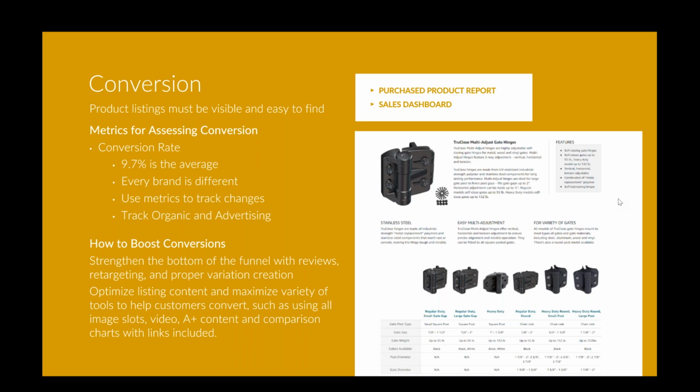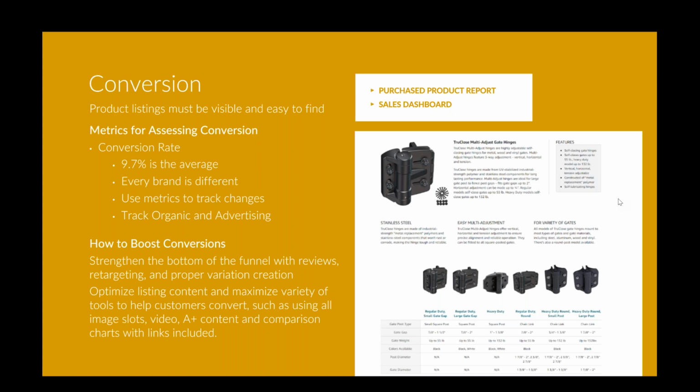But for boosting conversions, this is something that has multiple uses. This is a great way to educate your consumers, boost conversions, and reduce return rates. So this example that we pulled is a particularly good one, where in the A+ content, you have multiple options of modules you can choose. And one of them is a comparison chart, and you can put up to 6 products in it and cross-compare and cross-market your products and link them.